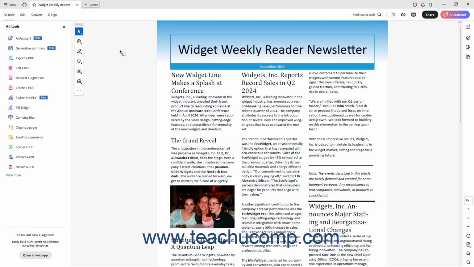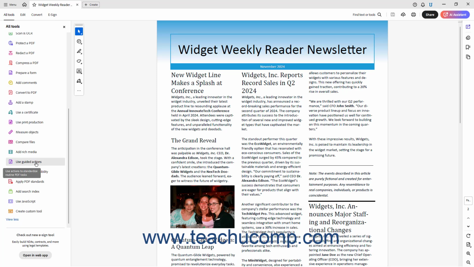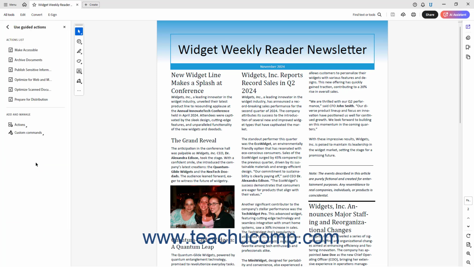Acrobat lets you create and save custom actions to automate routine or time-consuming tasks in your workflow. To create a custom action in Acrobat, open a PDF and click the All Tools link in the top bar of the PDF, and, if needed, click the View More link at the bottom of the All Tools panel to expand it. Then click the Use Guided Actions link in the All Tools panel to show the Use Guided Actions